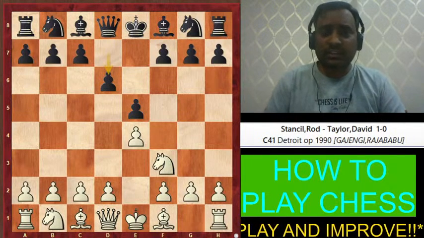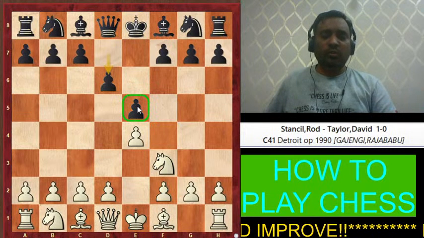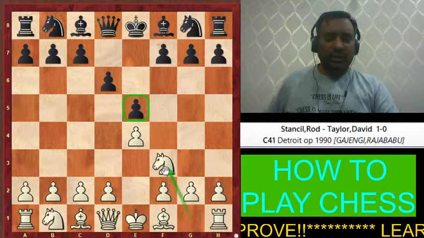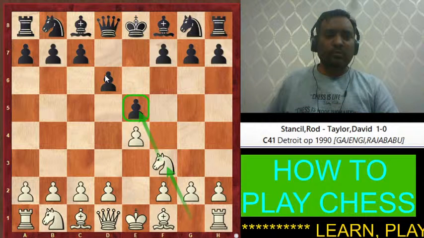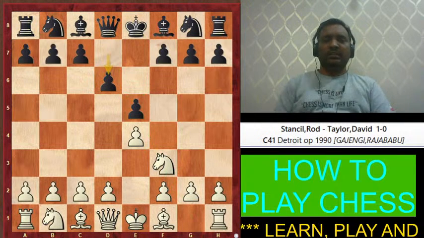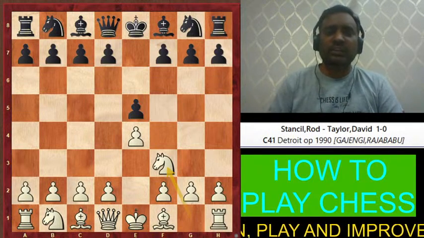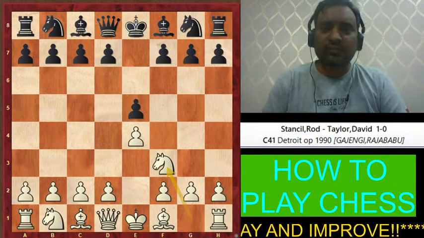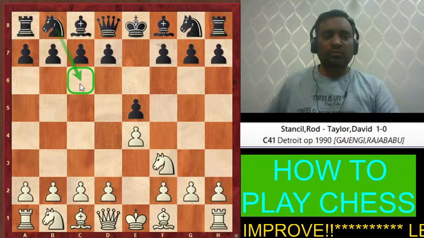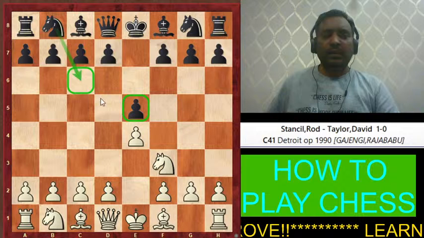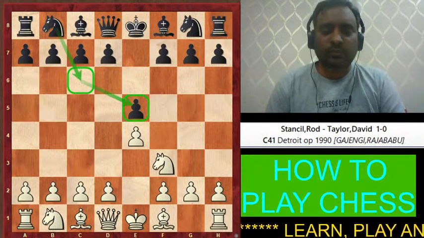This is somewhat an interesting defense to the e5 pawn. The second move, knight to f3, the idea is to attack the e5 pawn, so black is defending that by playing d6. But this move is, we can say, the second best move of defending that e5 pawn. The first best move to defend e5 is knight to c6 and defend the pawn. So that is the first best move to defend that pawn.